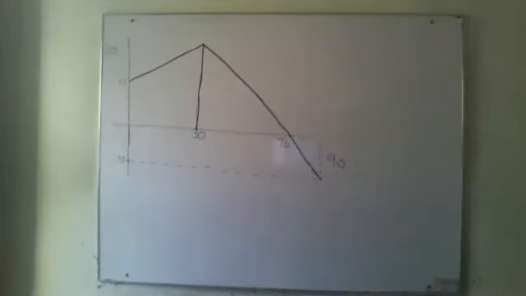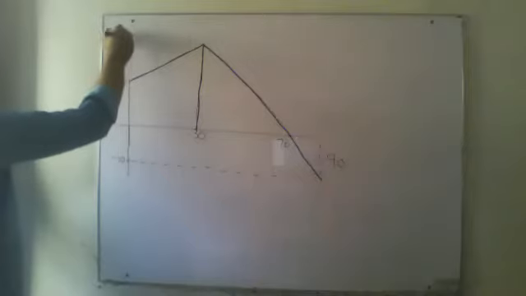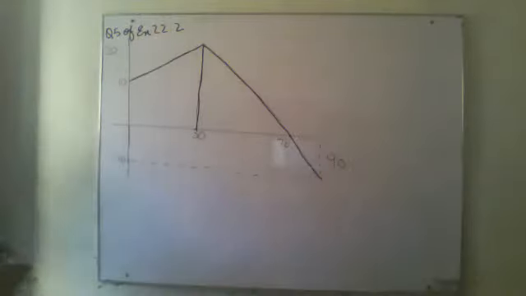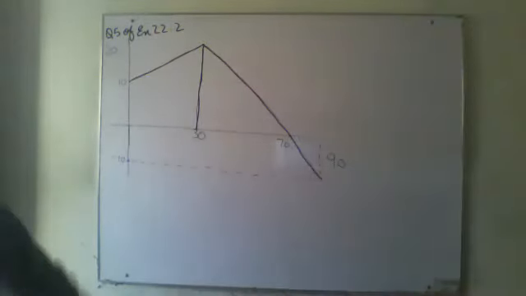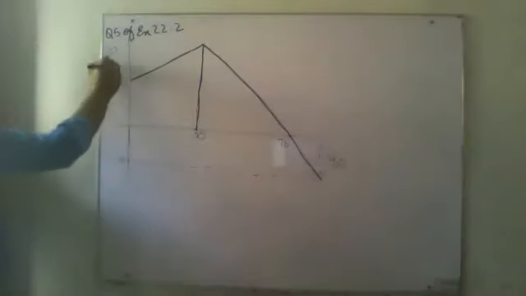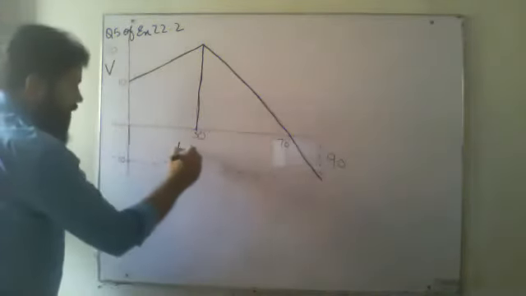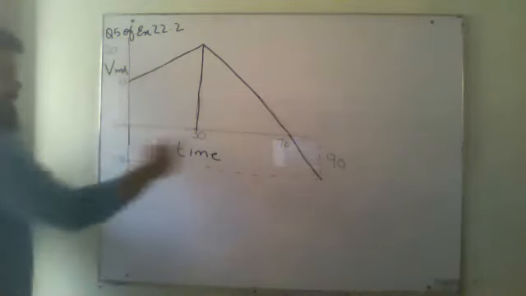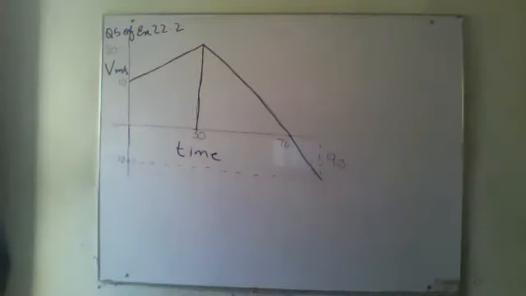Now this is question number 5 of exercise 22.2. In this question, they are saying that this is a velocity time graph. Everything is given in meter per second over here, and these are the seconds given to us, right? They are giving us some parts and they are telling us to calculate whatever is given in this one.